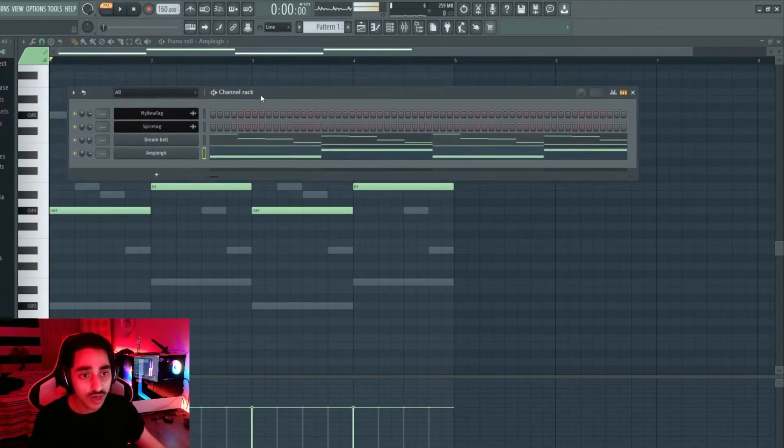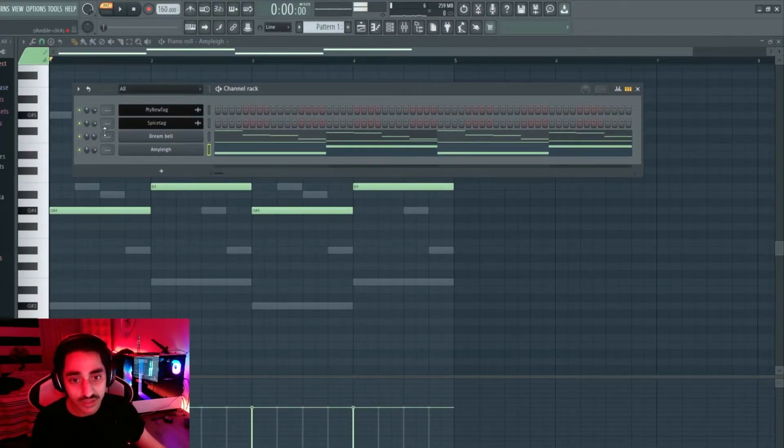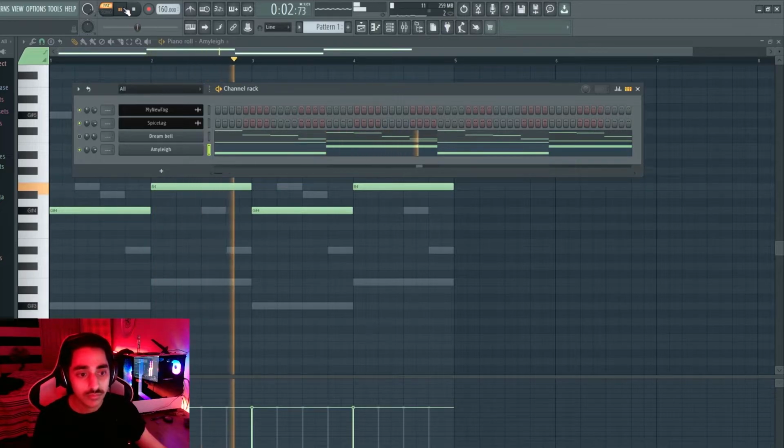Now in the channel rack, on the left side, I'll explain what these things do. Now, this green button just tells you if the sound is enabled or not. So if I click on it, then it'll turn off. And if you press play, you won't hear it. But if I click it again, it'll turn on. And if I press play,